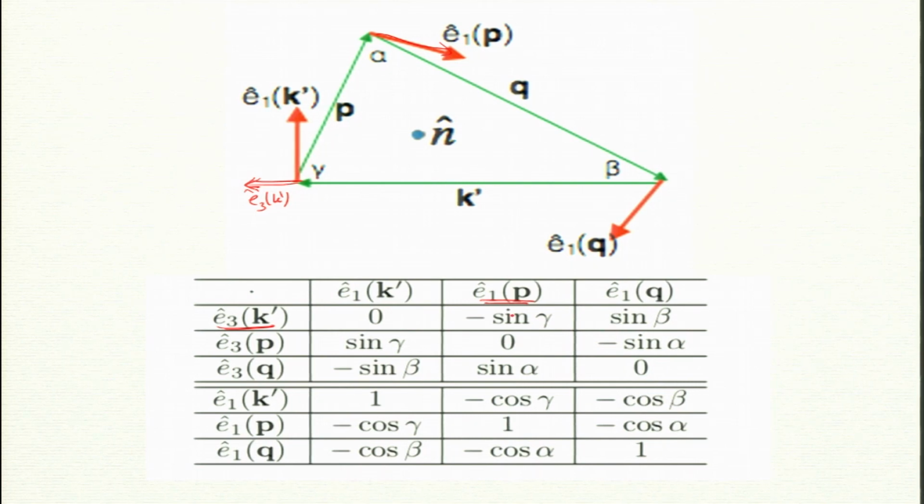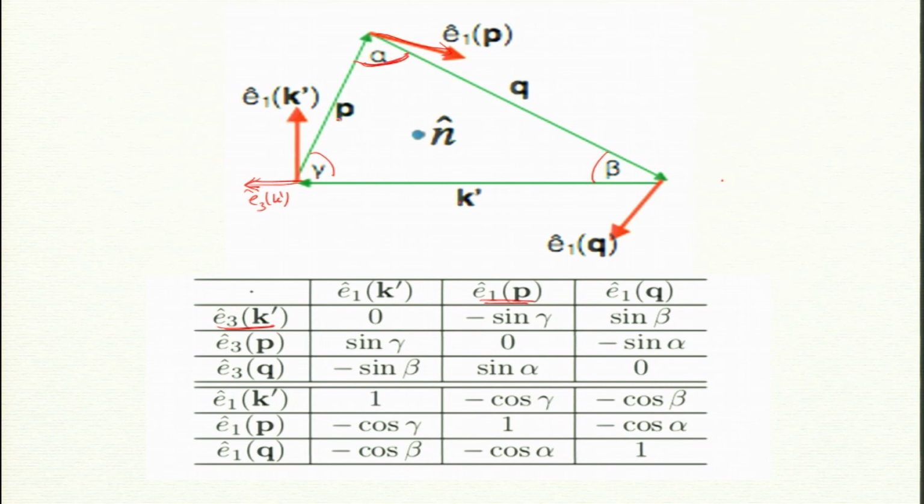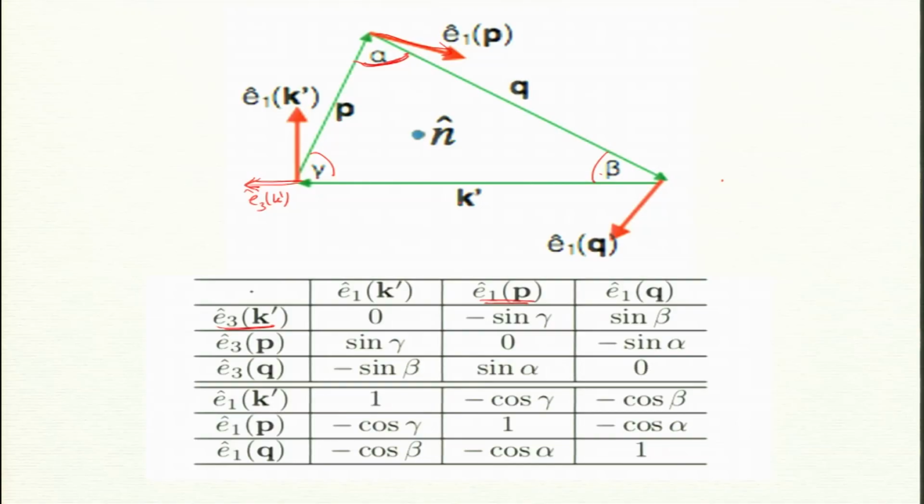So, I need angles. So, alpha, beta, gamma. Now, this again is standard notation. In front of k prime, the angle is called alpha. In front of P, the angle is called beta, and in front of Q the angle is called gamma. So, alpha, beta, gamma: k prime, P, Q. So, k prime front is alpha, P front is beta, and gamma in front of Q. Now, this dot product I will not ask you to do, you can do it yourself, but I will not do it here.